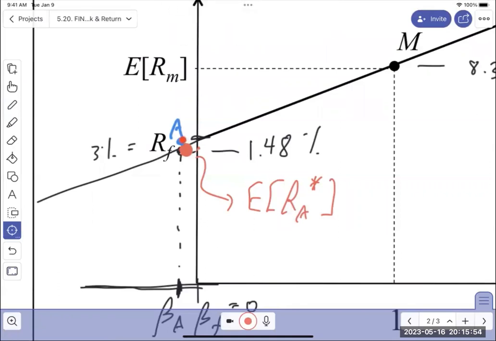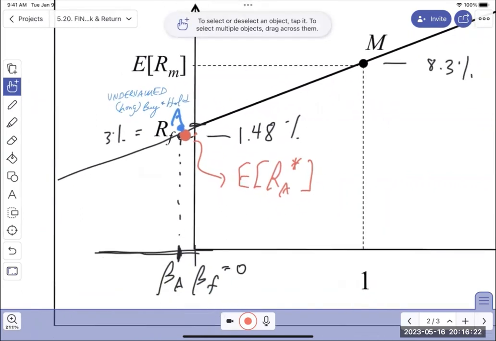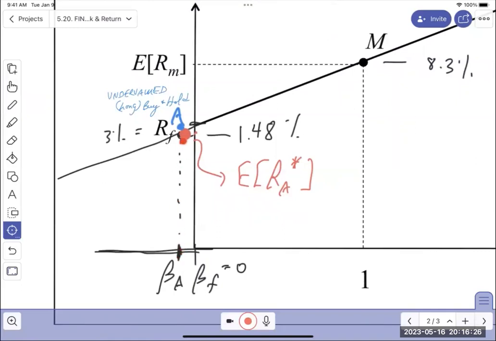So it's above, which means that it's above the line. So it's currently undervalued. And because the price will eventually go up, you should long or buy and hold A to realize that the price will rise. How will the price rise? It's because at this level of risk, investors who are right now here and are invested in a combination of T-bills and the market portfolio,